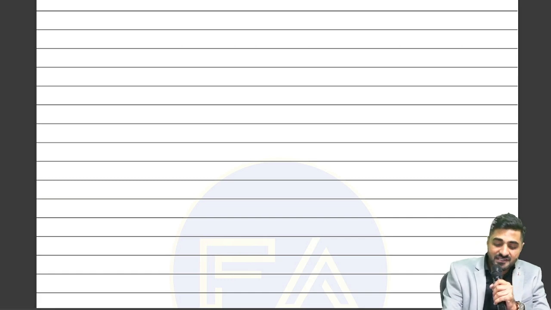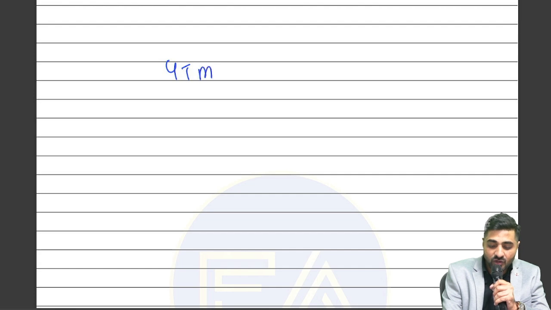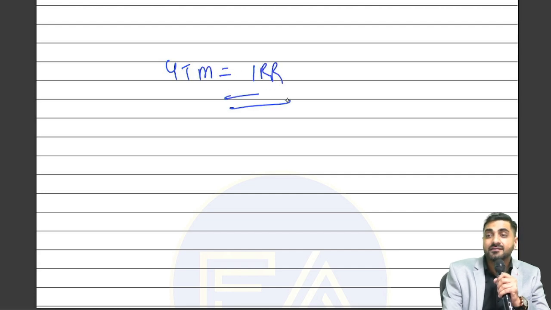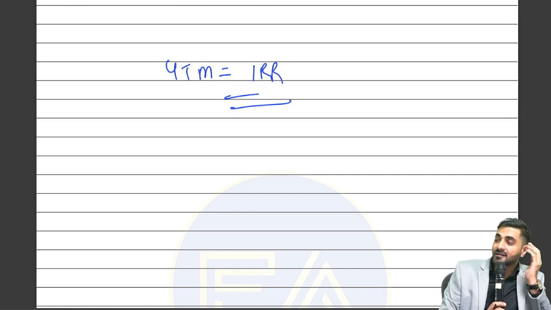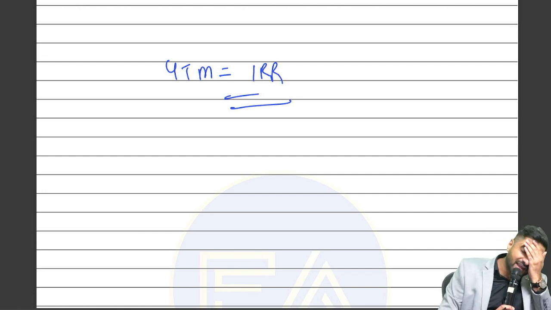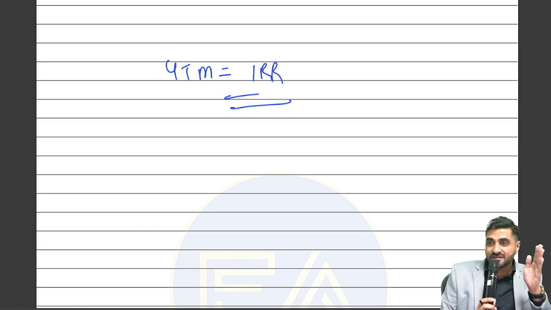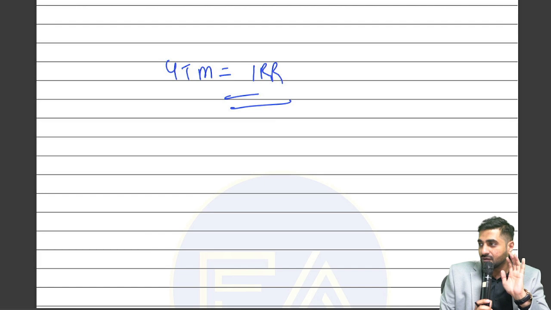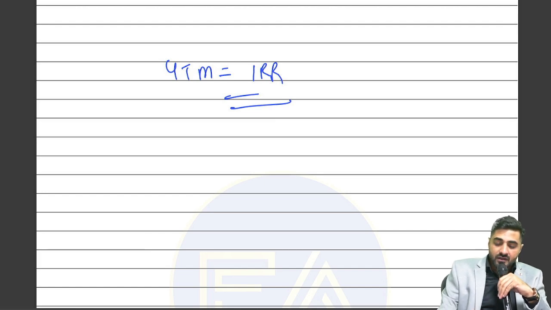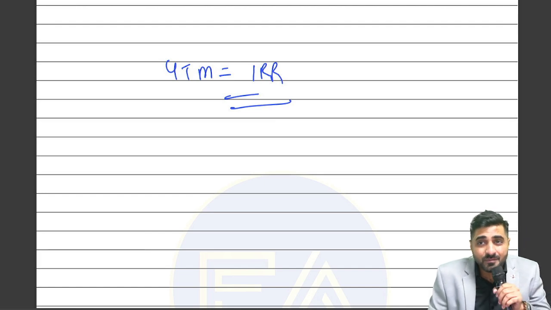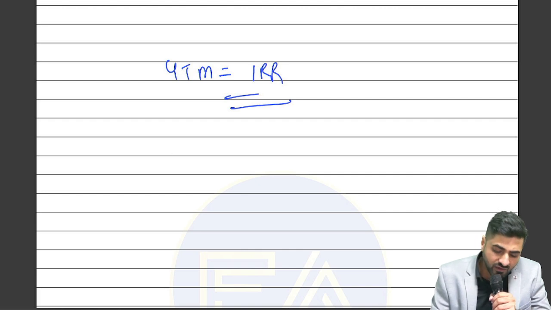Acha, now YTM. Why I've left YTM for last is because it is very similar to your IRR. What is IRR, beta? Can I say IRR is the rate at which your PV of CI is equal to PV of CO? Okay. Now in YTM, for example, there is a particular debenture